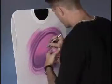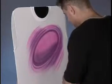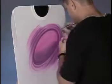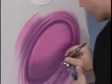Look at all the action that we've got going on here. It just really adds a swirling element to this design to have all of the lines around it and all that action going on. Very effective. All right, with the violet now,